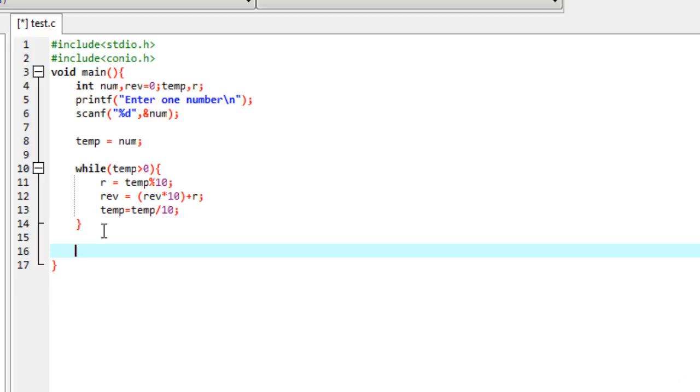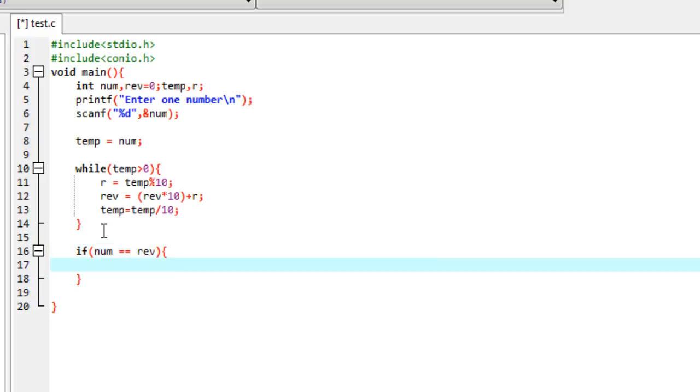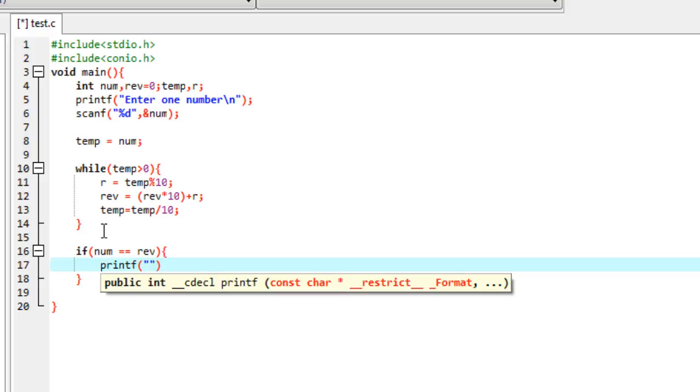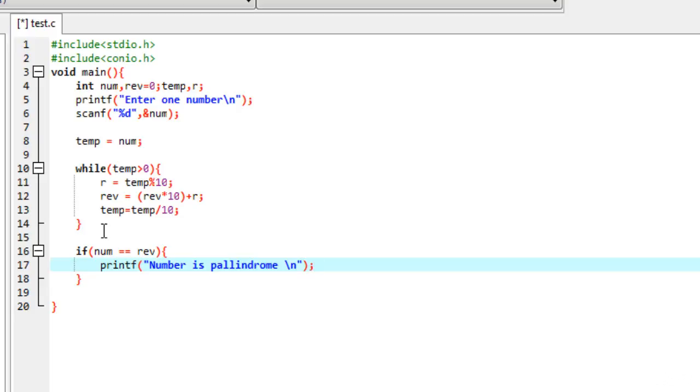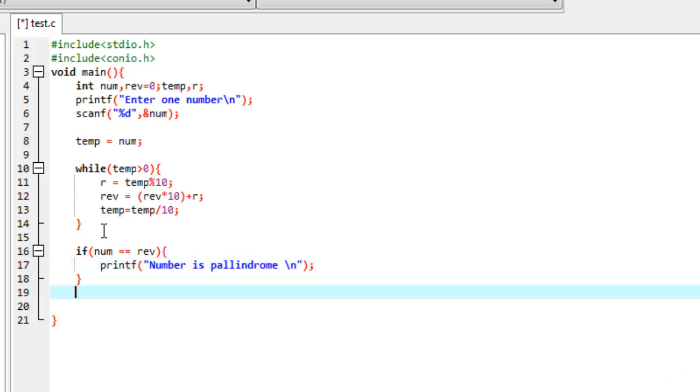And after the while, you have to write if number is equals to reverse, then you have to printf that number is palindrome \n,